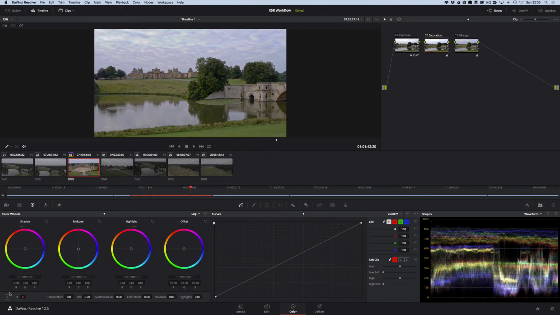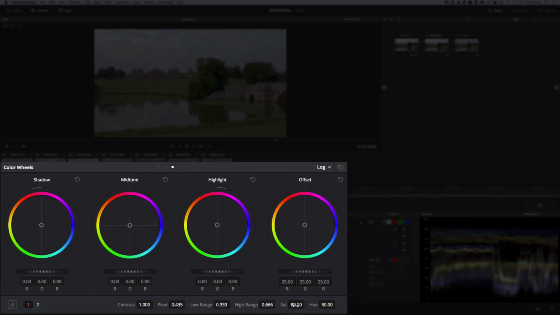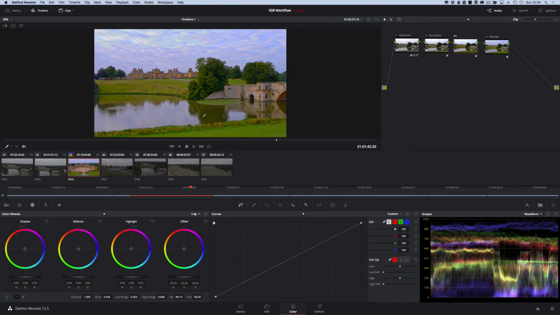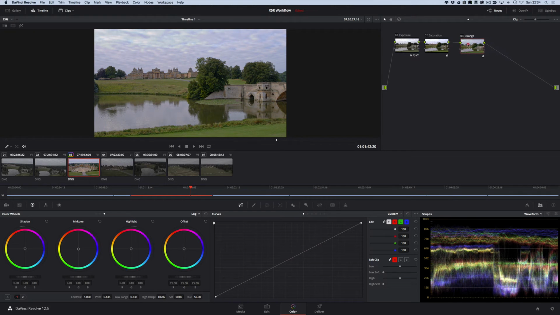Incidentally, if you've run out of saturation, if you've got to the point where you've got to the 100 on the slider of the saturation, you can't go any further. Obviously, the great thing about working with nodes, very much like layers, if you've been used to working with layers in, say, Photoshop, you simply add another node there, and you see how it's sort of joined its position in the queue. You simply change that to saturation. It's a brand new node. You can whack saturation up again, and you can just keep going. Obviously, we're not going to go that far, so we're just going to delete that node